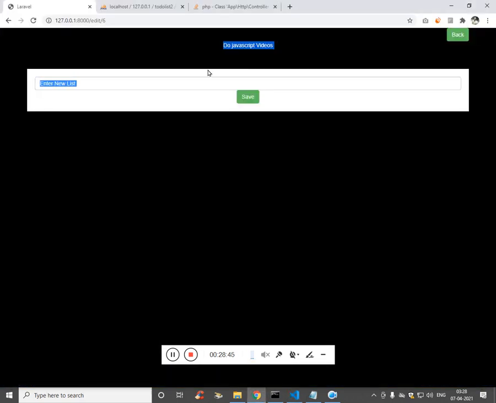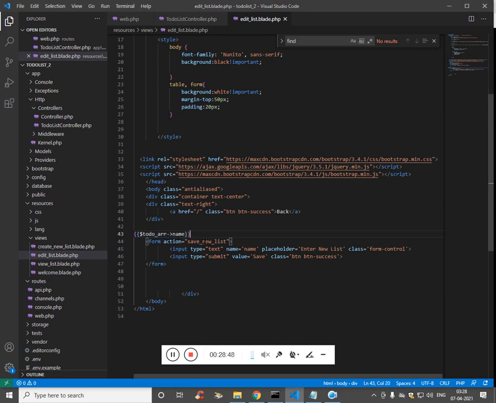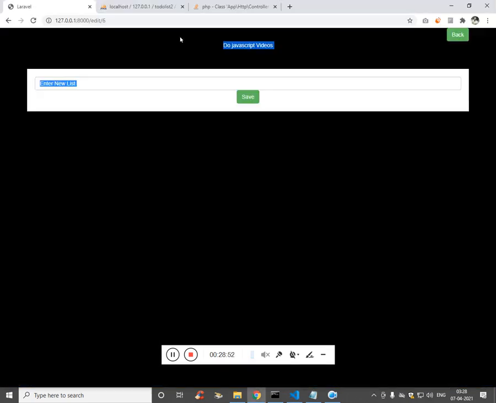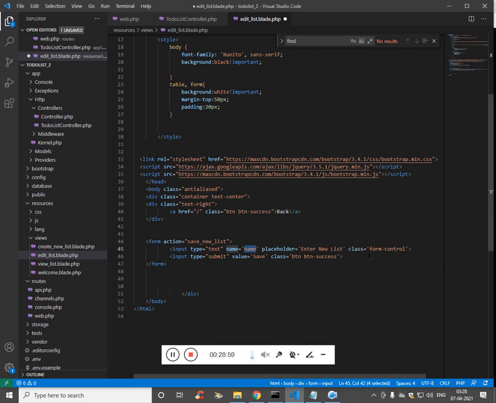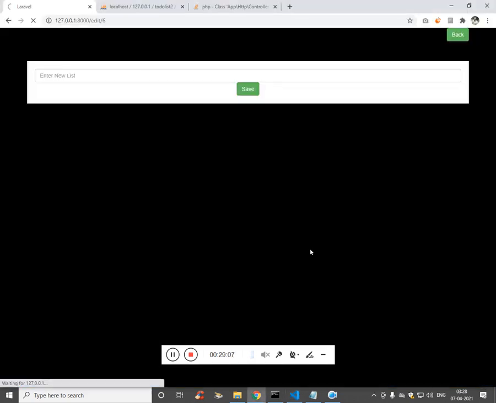So you should see do JavaScript is working. So let's pass this as a name. Not on the name but on the value. Let's check. You see the value is available.